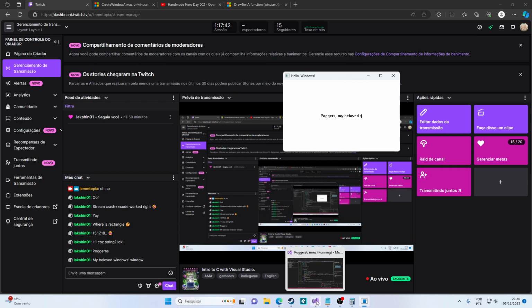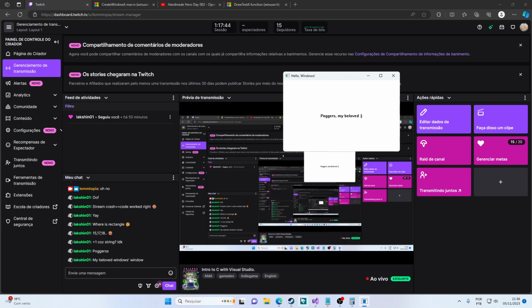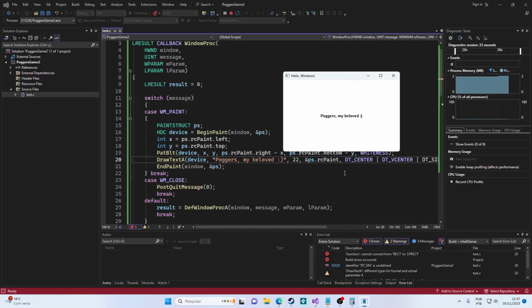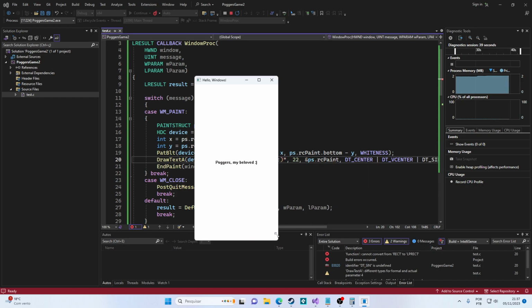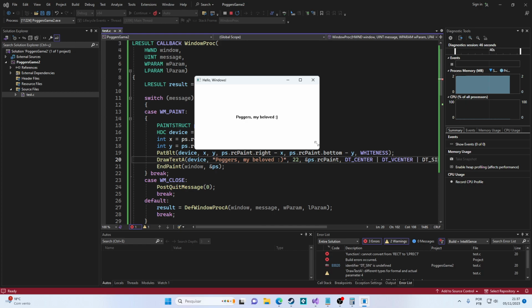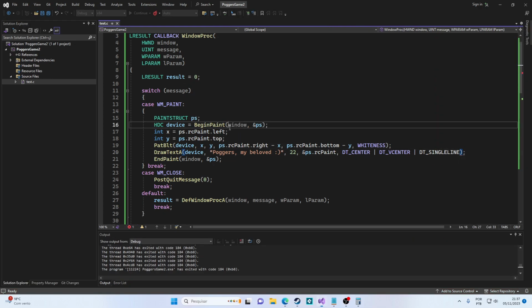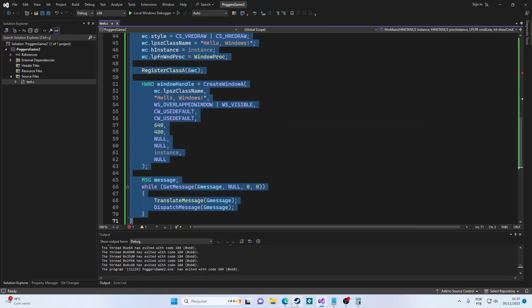Poggers. My beloved Windows window. So yeah, we have a Windows window. Oh, I'll post this disaster on my YouTube channel. Yeah, and I'll post the code here. Let me just post the code to